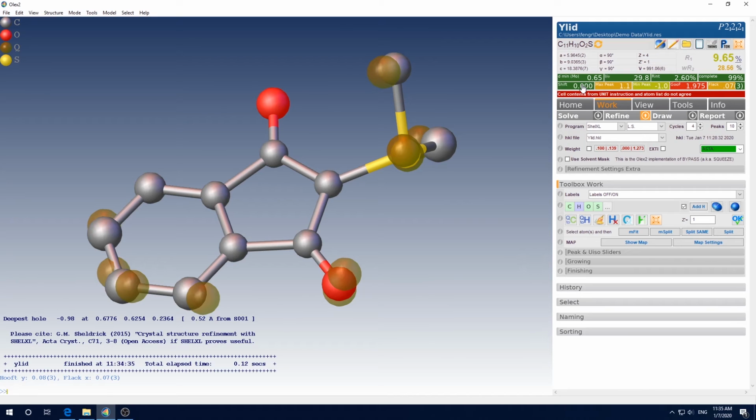Next step, assign the atom type correctly. As I mentioned earlier, this initial model could be wrong, so you need to consult the sample owner to get their expected structural model. In this case, I know it is correct. However, for the purpose of the demo, let me mess up the model first. I will show you how to modify it later. Let me make this carbon a nitrogen first, and refine a couple of times